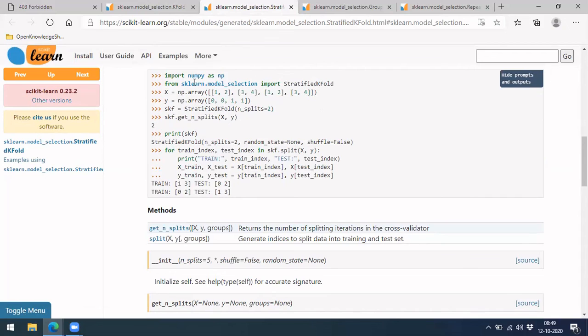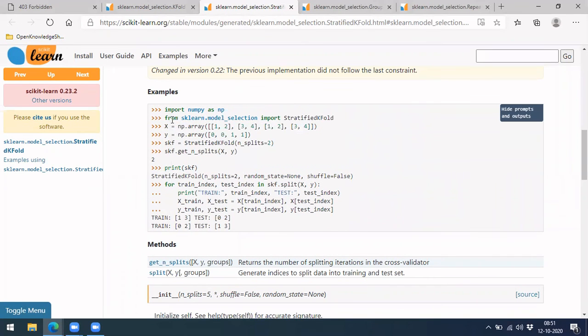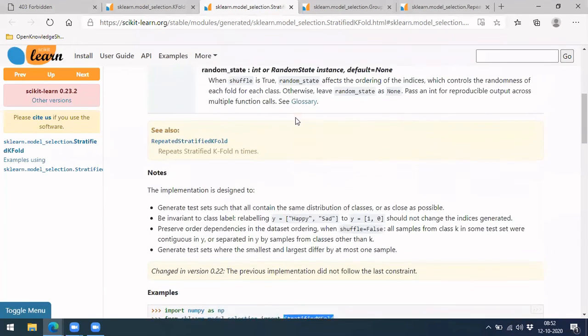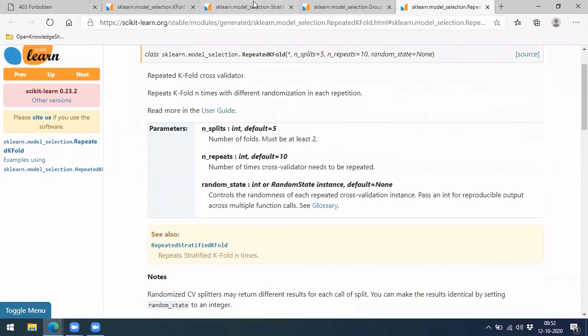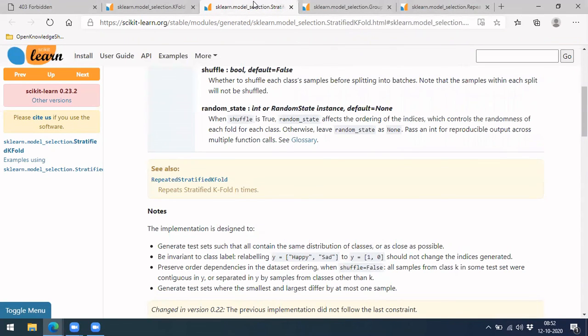You just have to import from sklearn.model_selection import StratifiedKFold, and this will automatically do the split however you want. Just like stratified k-fold, we also have group k-fold and repeated k-fold, which are slightly different variants of k-fold.